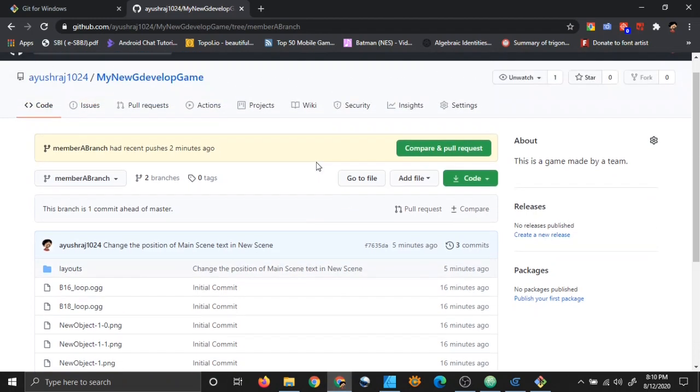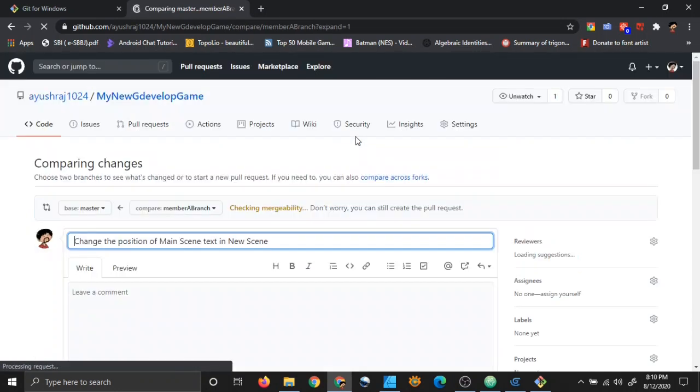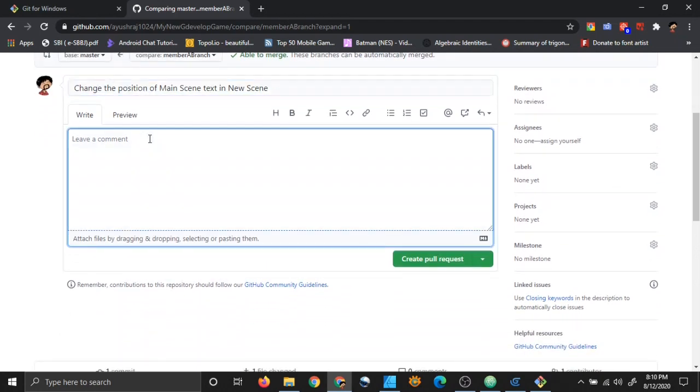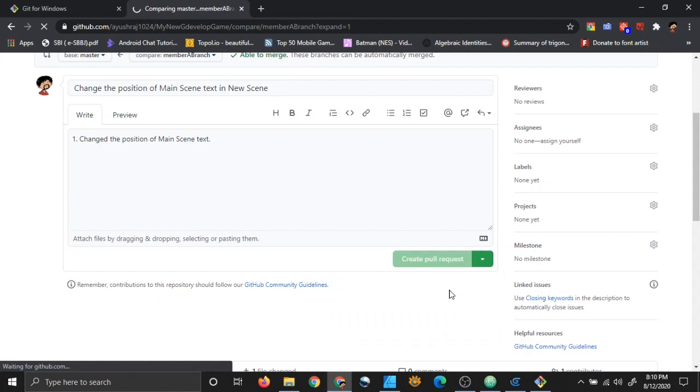Let me do that in GitHub, and I will simply compare and pull request, and you can write some message that one change the position of main scene text, right? That's all. You can write anything you want and then create pull request.